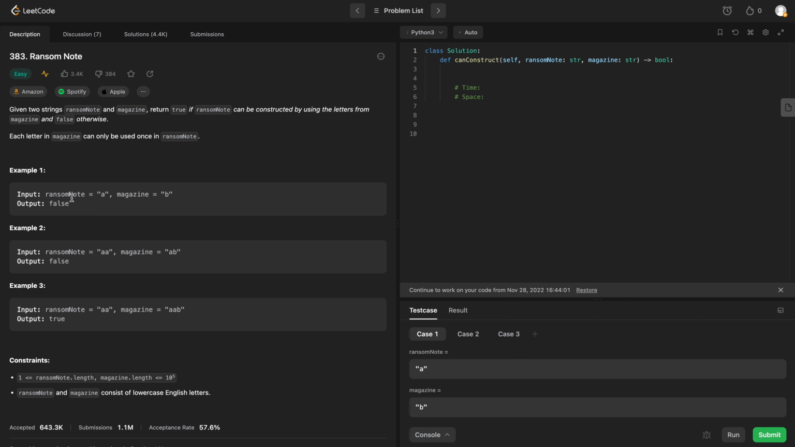Okay, examples. Ransom note is A, magazine is B, returns false. Okay, simple. Ransom note AA, magazine AB, false. Right, we can only use one A, but we actually need two. Okay, so